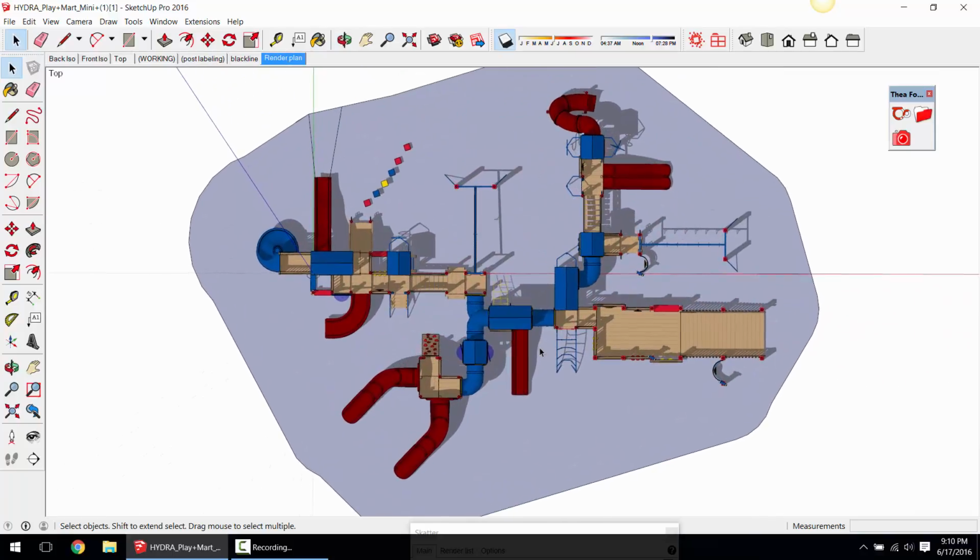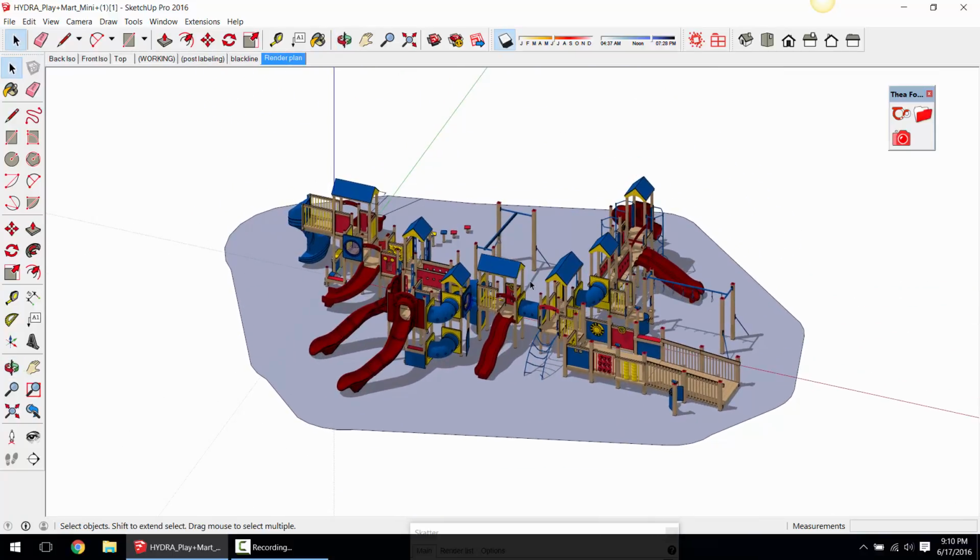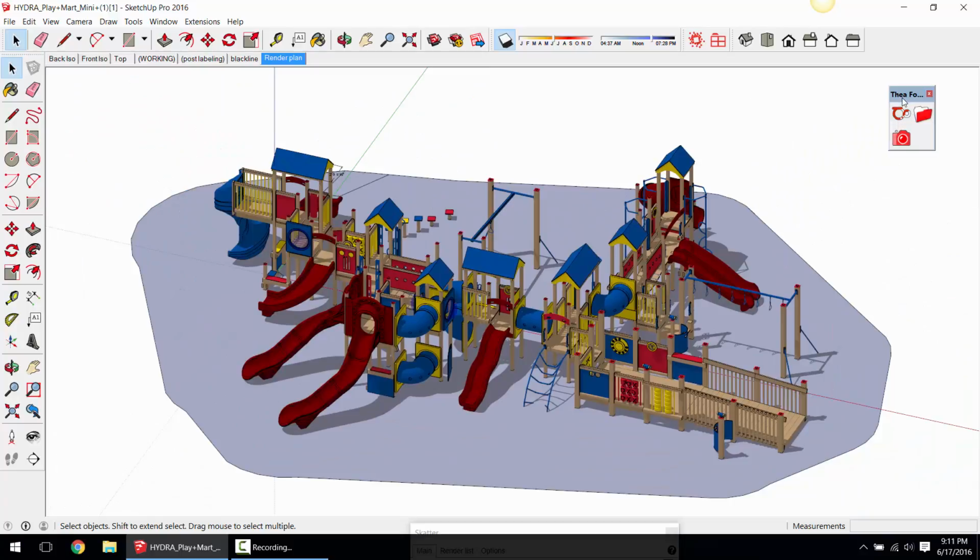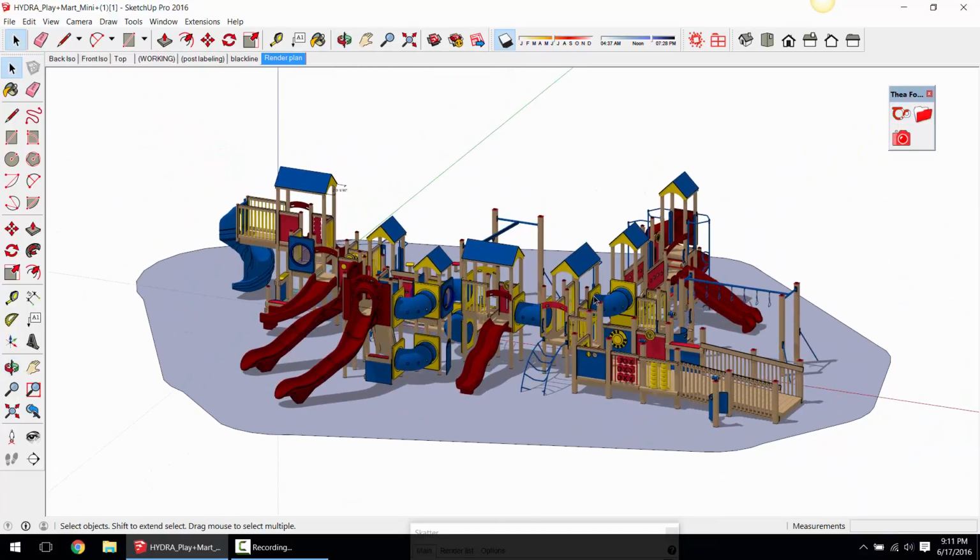Render plan. Now, the rendering in SketchUp is not photorealistic. That's what Thea is for. Thea is a fully biased and unbiased rendering engine. What I actually did do, though,